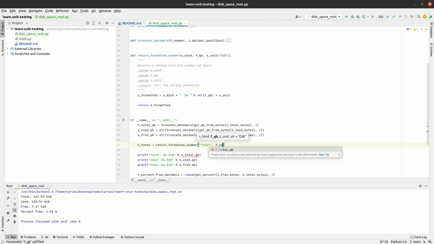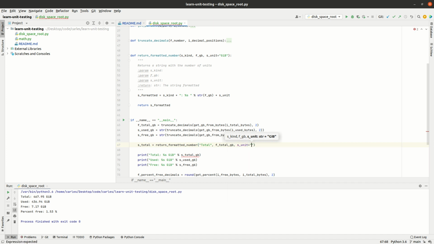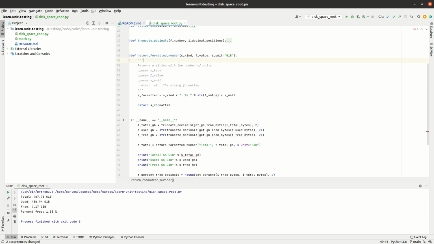It will be f total GB, and the unit will be s unit, even if it's the predefined value, and I will refactor this for value, because I can use this to format kbytes, bytes later. So I will be able to reuse this the way we are doing. So, sorry. And now